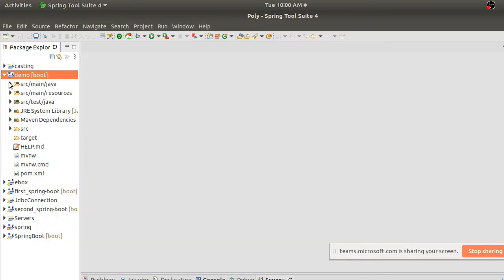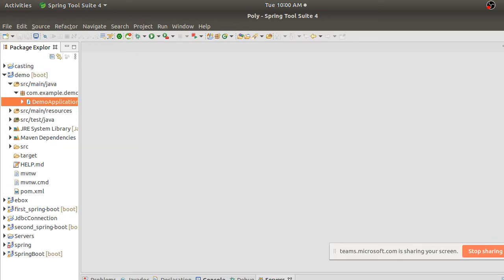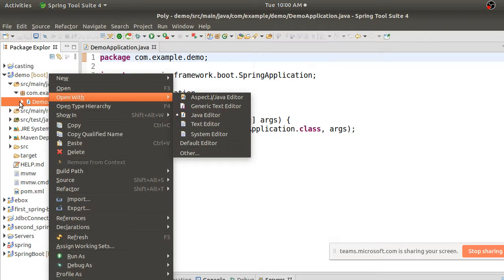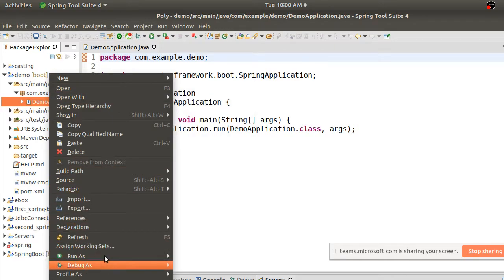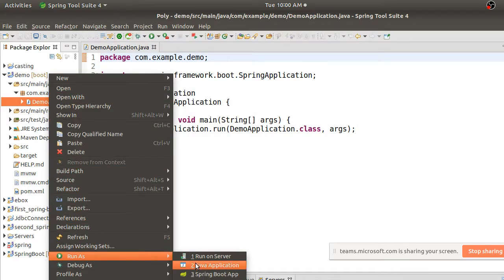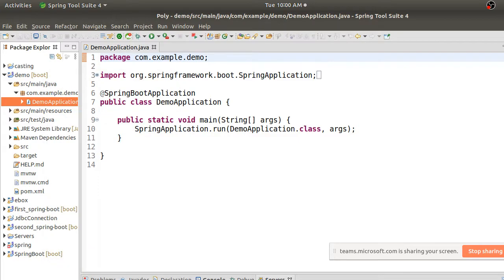I will just come to this. So this is the class created by default for us, right? So I just right click on it and run it as a Java application. But how we usually run our web applications is we deploy them on the server, right? But here I will not do it. I'll just run it as a Java application. The moment I do it, you can see